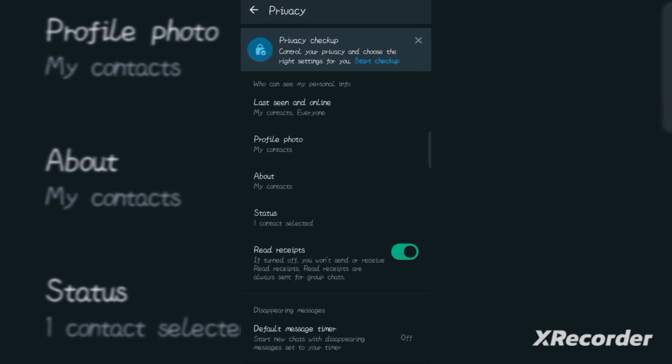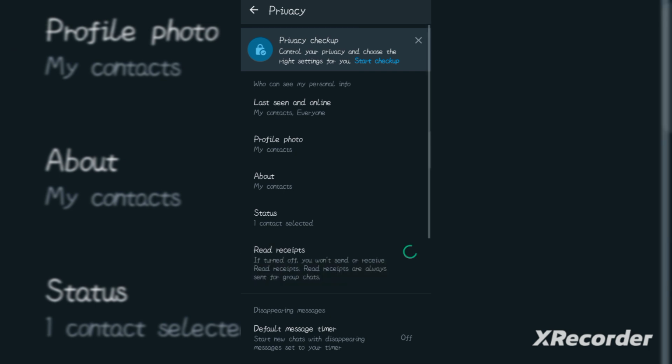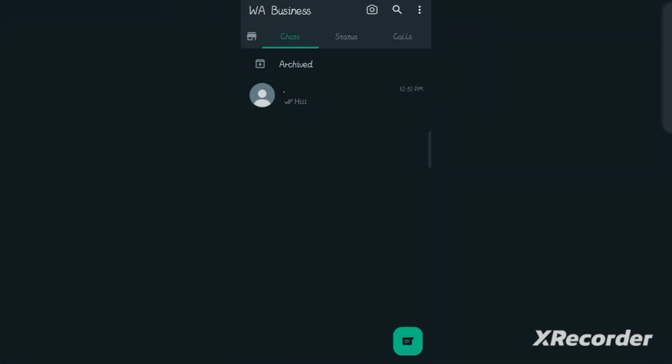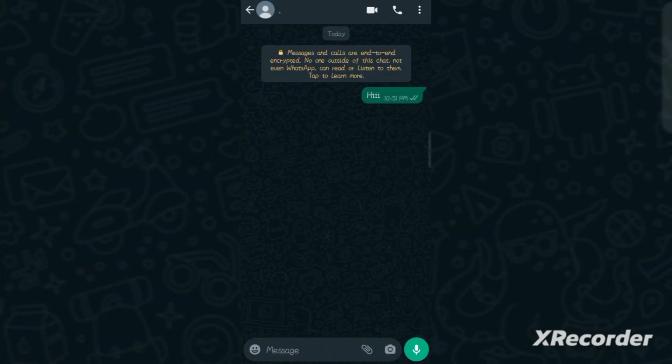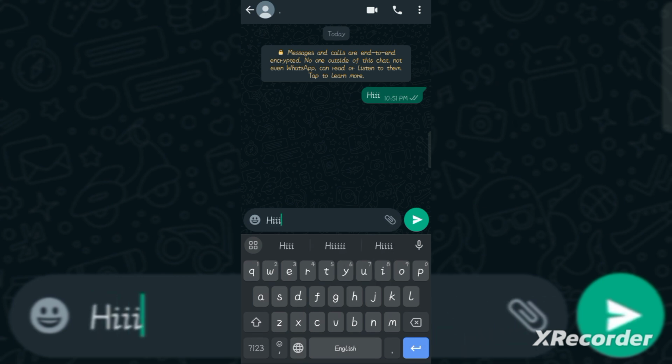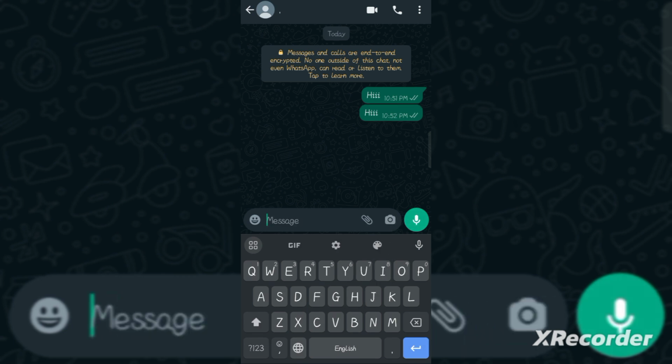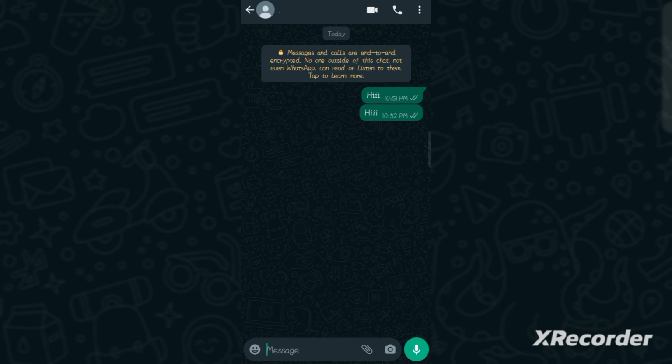Now there are so many options, but we have to go to read receipts. We have to turn off the read receipts option. Now move back. Now I'm going to send any kind of message. Now this message has been sent to your respective recipient, but these ticks are not going to show you blue